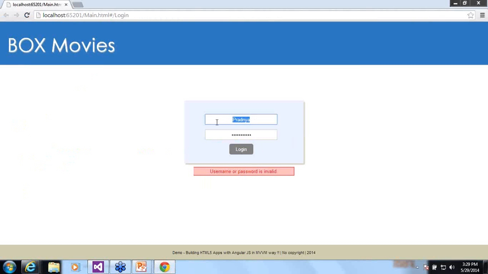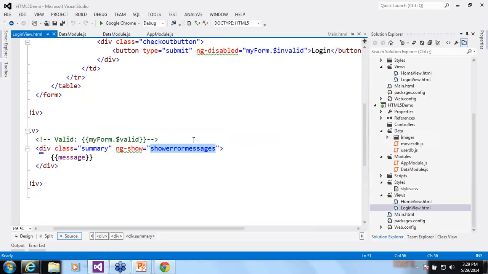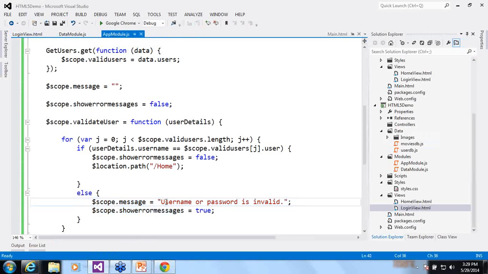So now Pradnya is a valid user and I have entered the data. So when I click on the login button, it goes to the next screen. That is my list of movies. So if you see in the code, I have declared